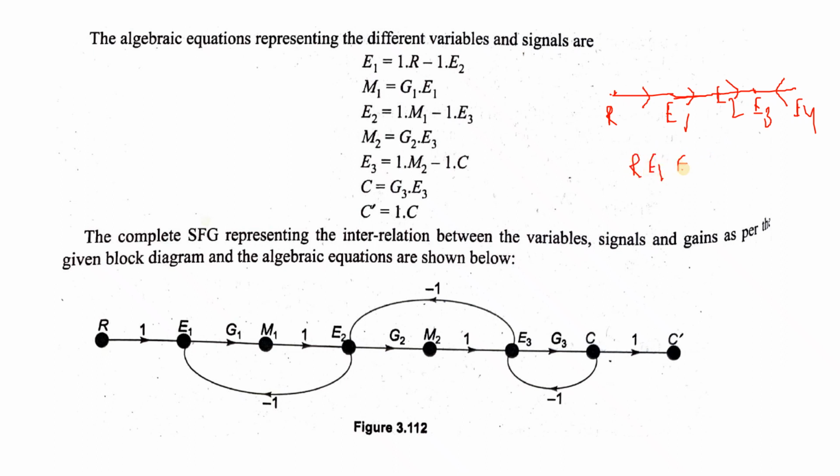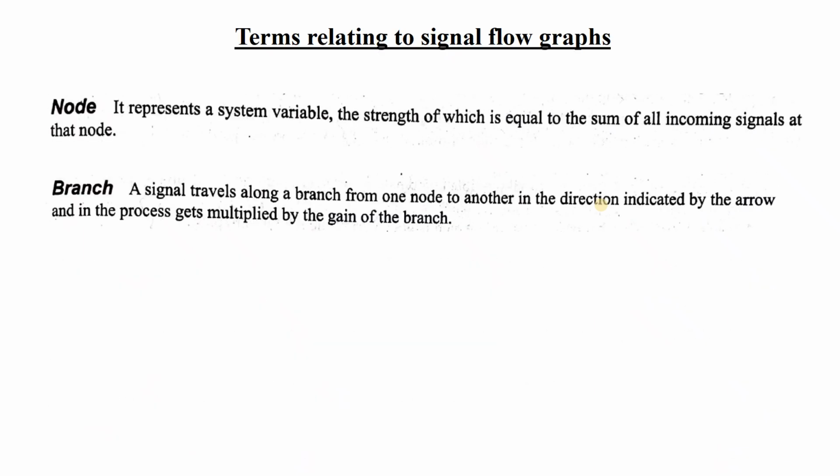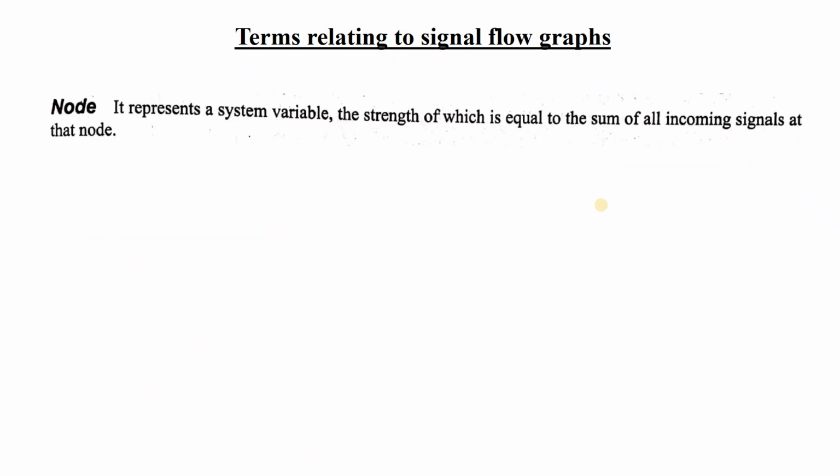So we will call R E1, E2, E3 a path, and it is a forward path. But we will not consider E4, because then it will not be a path, because it is coming back once again. Then for E4 you again have to consider E3. So after E3, E4 is not considered a path because it is returning back. E4, E3 is a path, but it is a backward path, and we cannot combine them. We will encounter these different types of path later on.